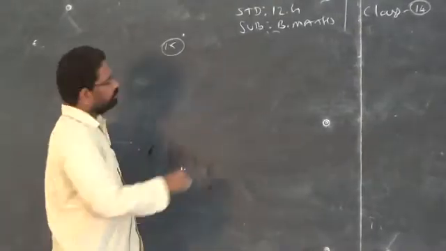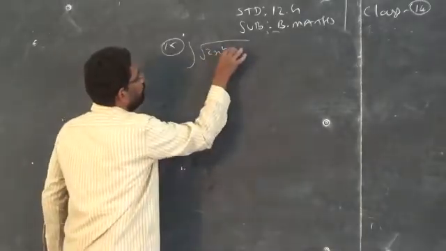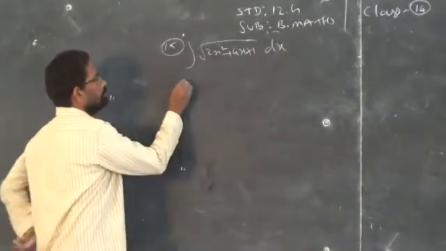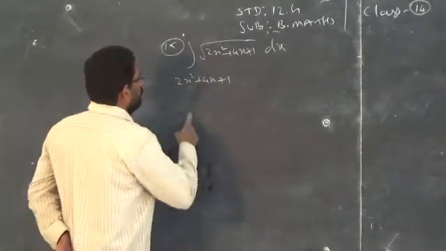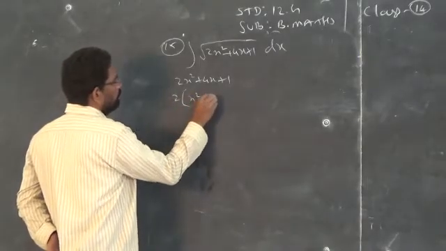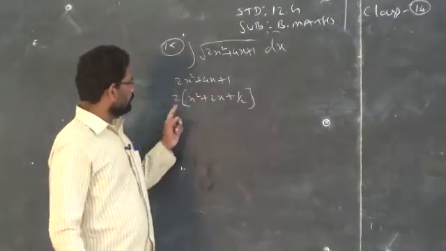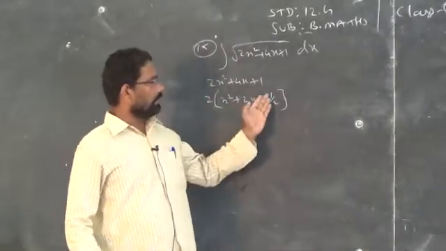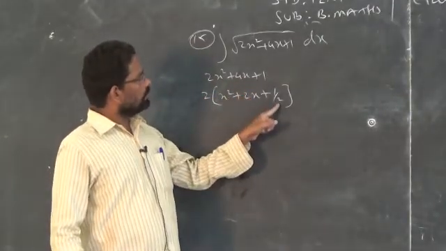Sum number 15, integration of square root of 2x square plus 4x plus 1 into dx. Same concept. What is that? Apply the completing the square method, 2x plus 1 by 2. To apply the completing the square method, ensure that there won't be any number along with x square. If there is any number, please take it outside, whether it divides all the terms or not. See, 2 will go into the first term and second term, but will not go into the last term. So, you have to write 1 by 2.